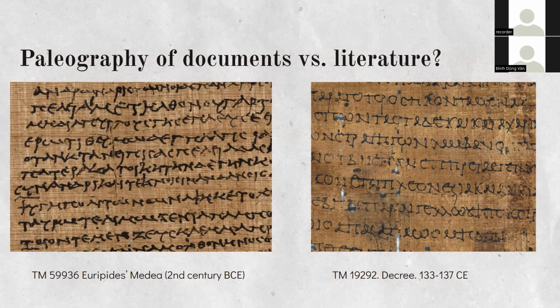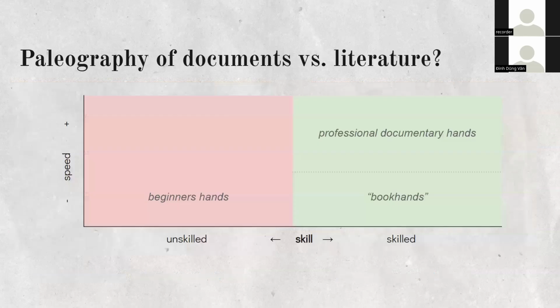In the Katohoy archive, I will explain that in one minute, a cursive hand wrote a passage of Euripides, whereas 200 or 300 years later, a decree was written in a very, very calligraphic hand. So I would say literary and documentary papyrology are not calligraphic categories. What we could try to do with this kind of typology